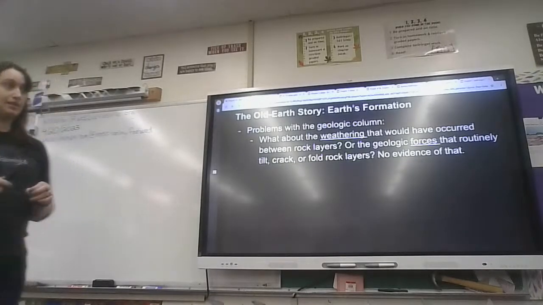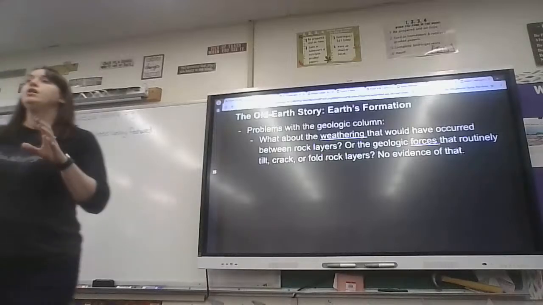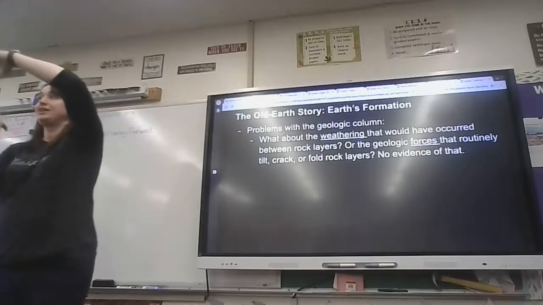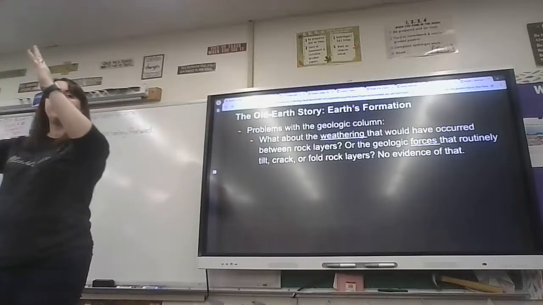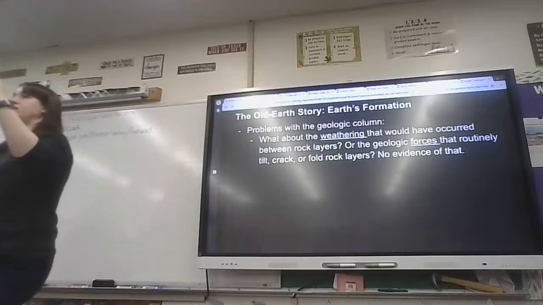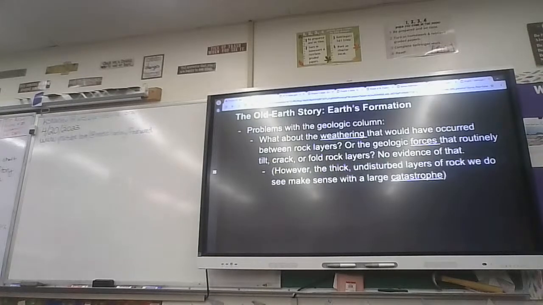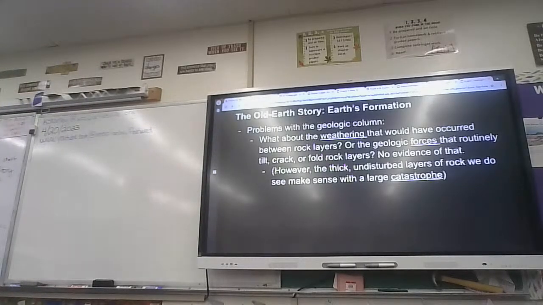Volcanoes, things like that. But again, when you look at rock layers, and I should have brought up a picture, sorry, there are spots where you can find layers of rock where a whole section looks like someone took it and turned it like this. But there's still all those rock strata. The entire piece was tilted, not just the one layer that had formed, and somehow it never got tilted in the thousands of years it took the next one to form. But what we do see are thick, undisturbed layers, super consistent with a large catastrophe.